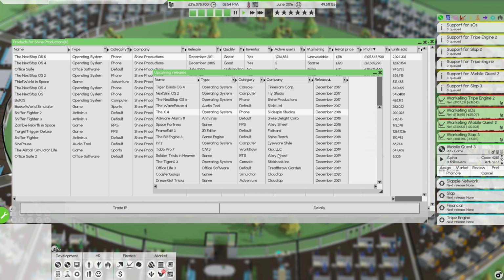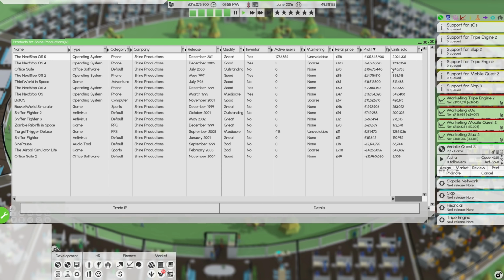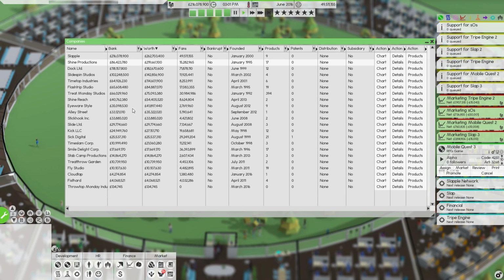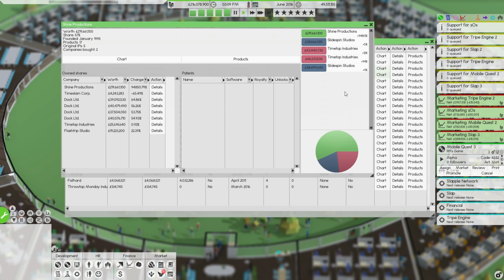Those are the biggest competitors that we need to deal with right now. But the only way that I can think of to deal with them is to essentially look at buying out the company. You know? That's where I'm at here.